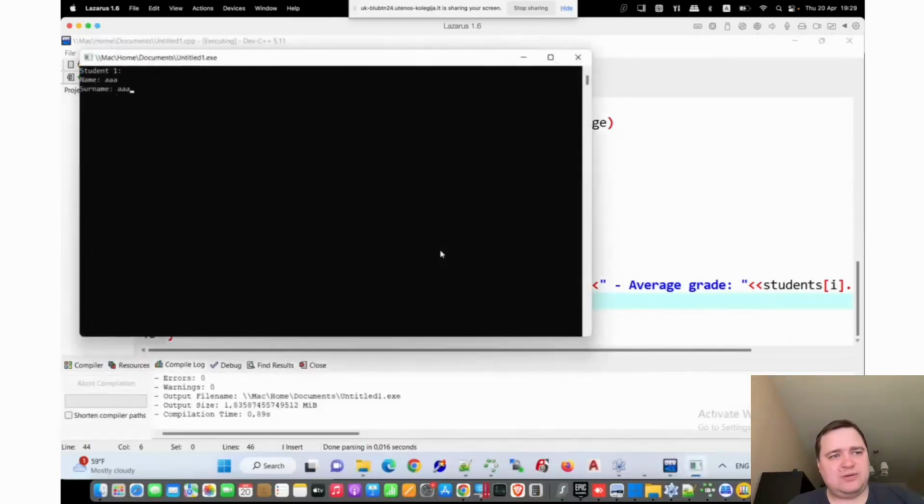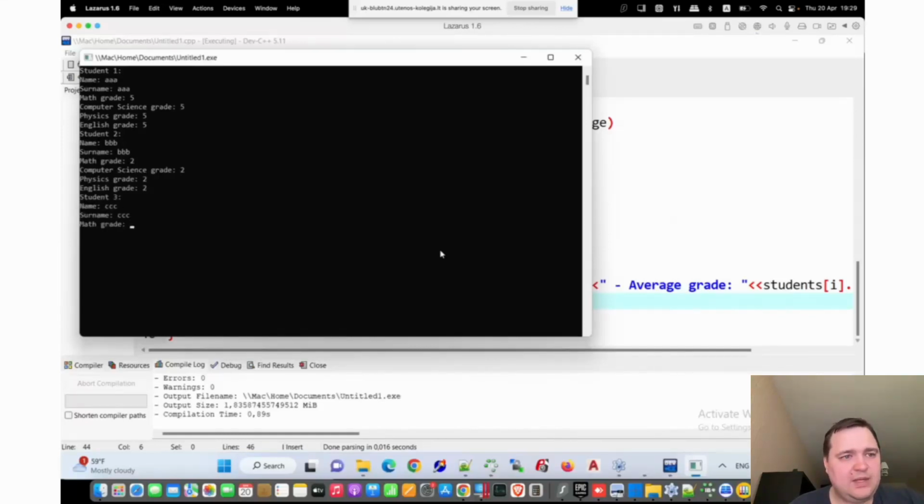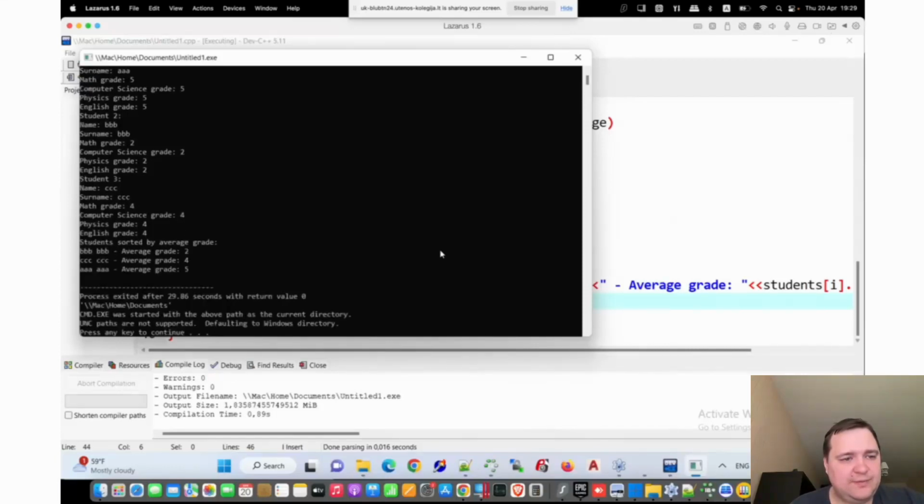So we have this one. It will have, for example, all 5s. We have such one which will get all, for example, 2. And we have C, which will take, let's suppose, 4 for every one of the subjects. Yes, and you see, guys, we print out